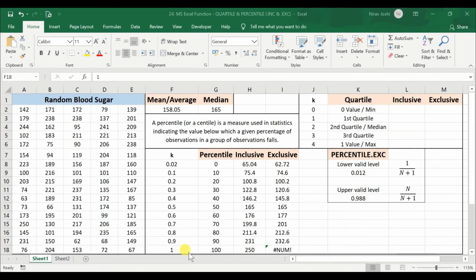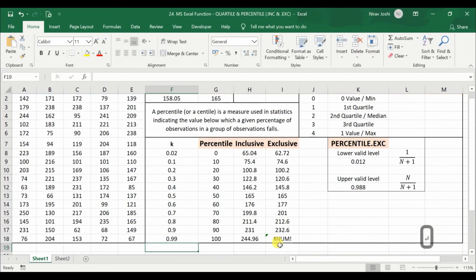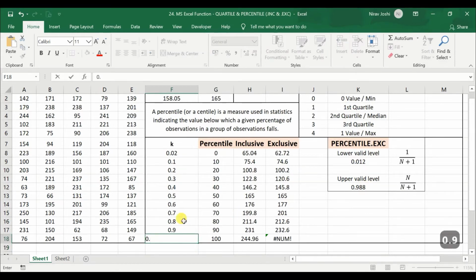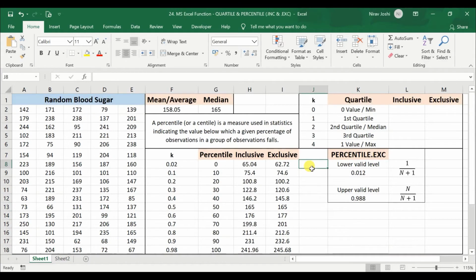Similarly, if we apply 0.99 here as a k value which is higher than this level, it will still show the error. So we need to have a k value below this one. So for percentile value, that will be 98 percentile and k value would be 0.98. Then it will be able to calculate a value above which there will be at least one observation in this data set. Now to understand this, we will try to calculate the total number of observations below this specific cutoff for all these percentiles.